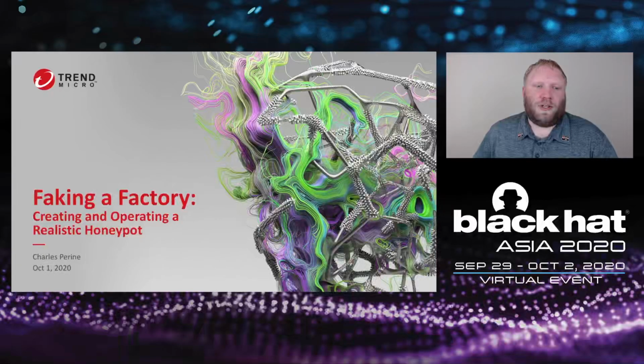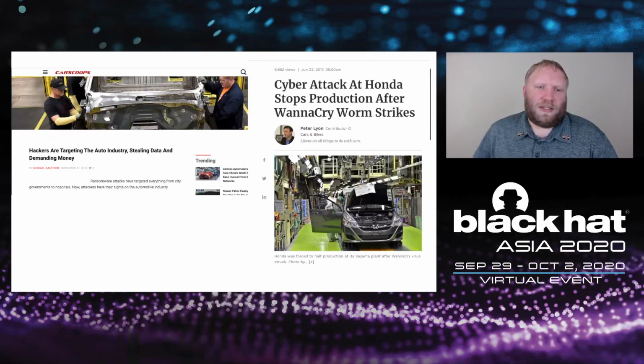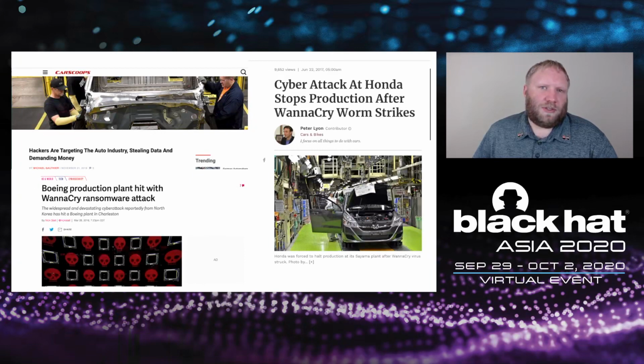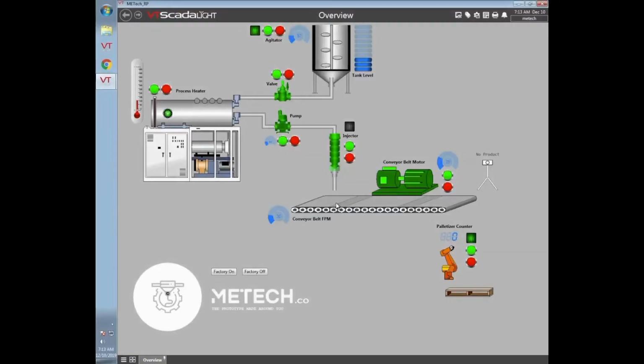Welcome to Faking a Factory, creating and operating a realistic honeypot. We got this idea for creating a factory honeypot by seeing a bunch of news articles out there about attacks against different factories where the attackers installed ransomware on the different systems. So we wanted to create our own factory and see if we could catch anybody trying to do the same